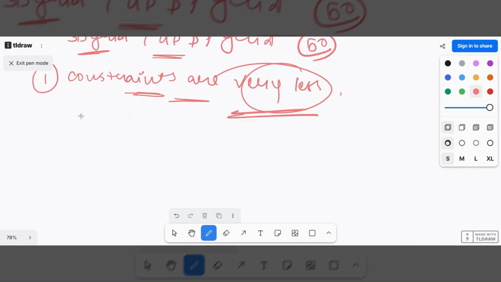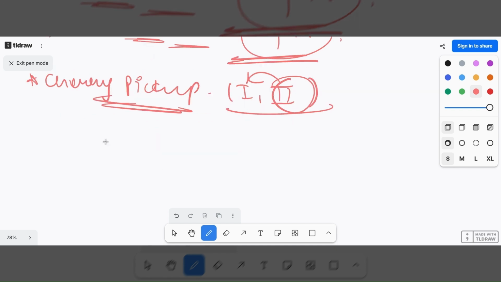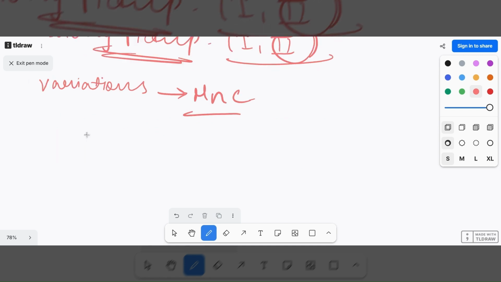Okay, and the major problem for grid kind of questions in 3D, 4D DP is the cherry pickup. You might have heard about this. Now there are two questions, part one and part two, on LeetCode. We'll be discussing both and then we'll be solving part two. Part one you can solve by yourself. But there are so many variations which top MNC companies may ask, variations of the cherry pickup questions. So what does the question say?